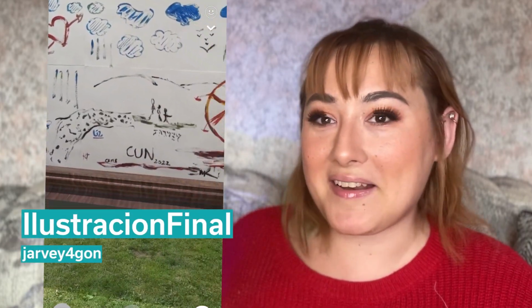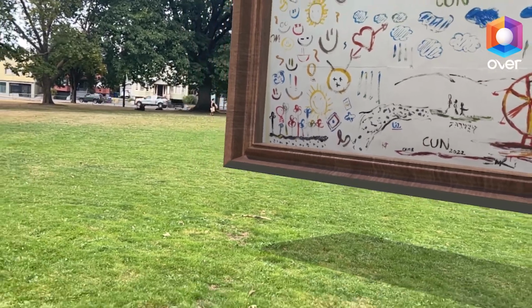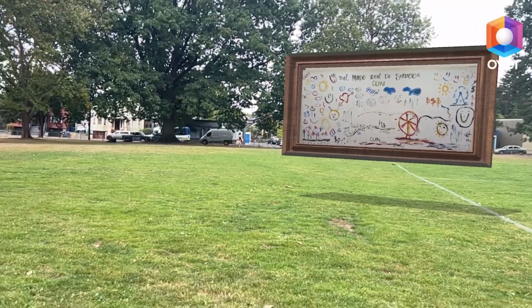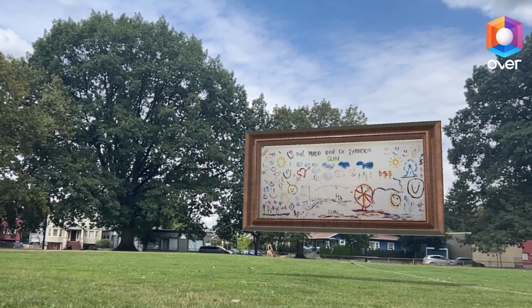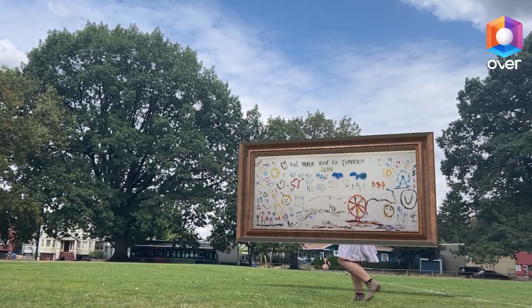Here's a little well-known secret: AR can be a display case. Here is a singular work of art put on display in a really magnificent manner. It's simple, but imagine this being compared to being magneted on the refrigerator. It takes up less space to exist in AR than it would cluttering your home. Or perhaps it's a masterful painting that only exists in one place and photographs just don't do it justice. Here in AR, we can see it so much bigger because you can get theoretically super close up to it,